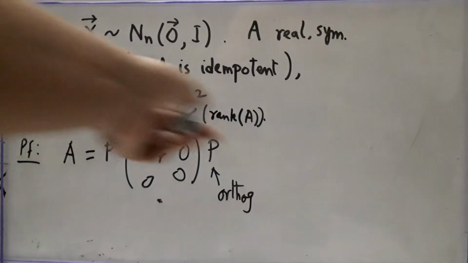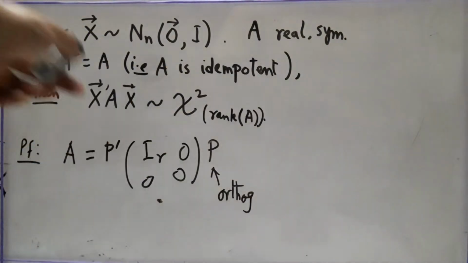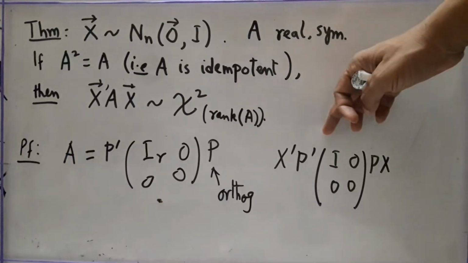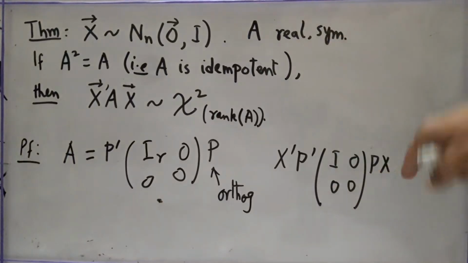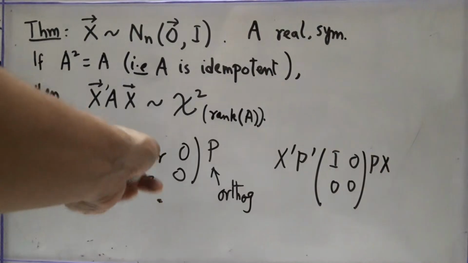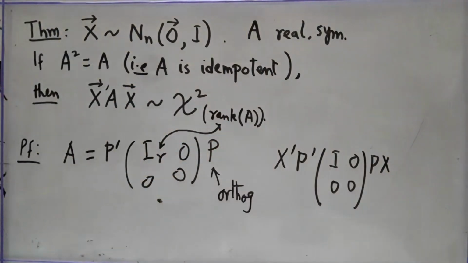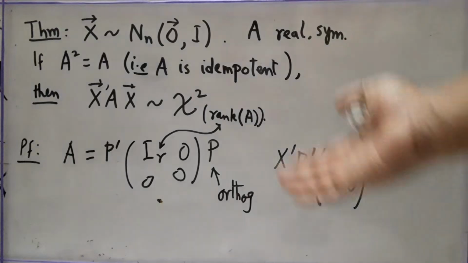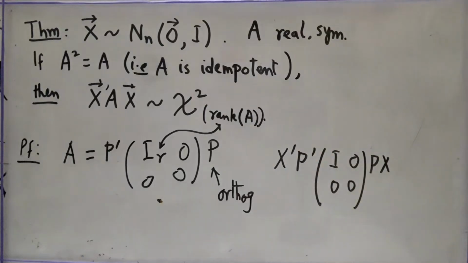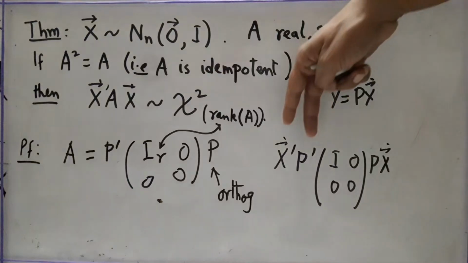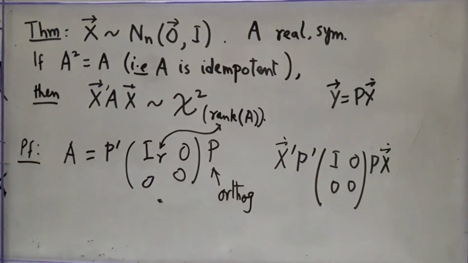So once you can write it in this form, x transpose Ax becomes x transpose P transpose [I_r 0; 0 0] Px, and incidentally when I wrote r, I meant r is the rank of A. Now once I write it in this form, it's only natural that I will call Px by a new name, call it Y. Then replacing this by Y and this by Y transpose, we get